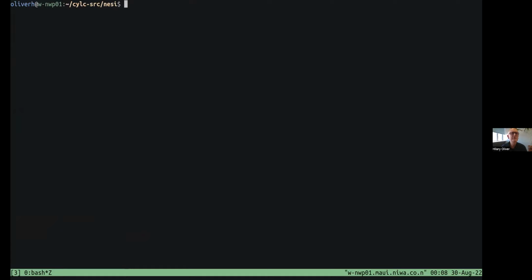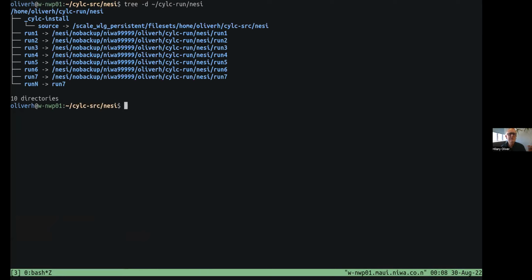One other thing I forgot to tell you, if I just look at the Cylc run directory at the top level, this NeSI thing here, you can see that Cylc install has automatically symlinked the home directory location, which is the standard location where you can always easily find your workflow logs and so forth. It's symlinked it to my project directory location, where I can store loads of data. That's done automatically so long as you have projects set in your environment.